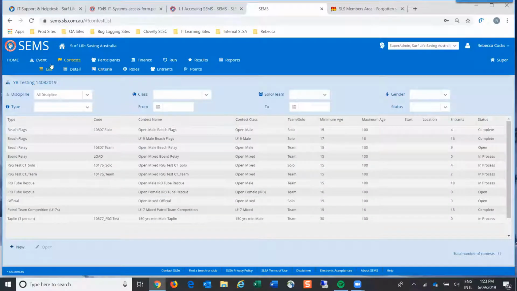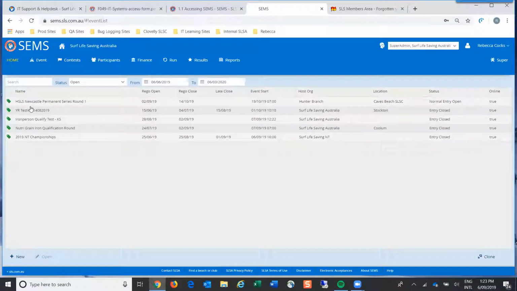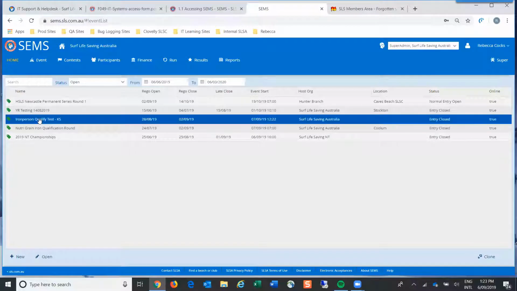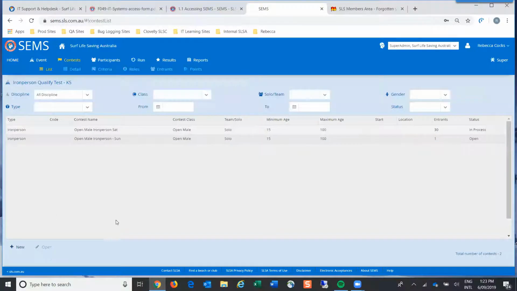Okay, so that's just giving you an idea of viewing an event and also then viewing the contest within an event. So if I just go back here again, I just like to show you one where I just need an event that hasn't actually had something done to it. So I'm just going to look at a solo event first. And the other thing I should have just highlighted to you there also, but I'll come back here and show it to you here. So if I open up this testing event here, okay, there's just two contests in here. It's just for testing purposes.